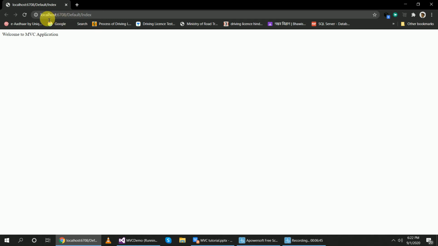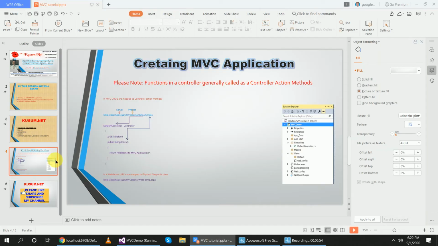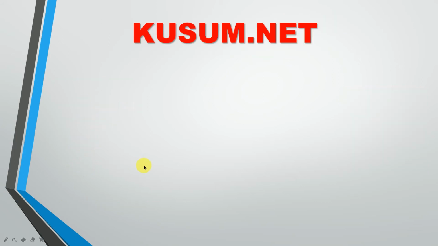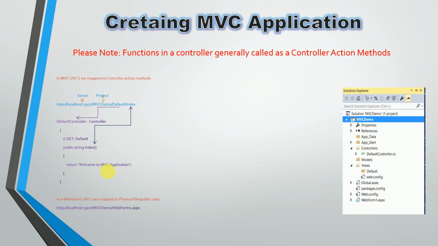Localhost 6708 is your server name, default is your controller name, and index is your method. This is my URL string, this is the server name, this is the controller, and this index method is here, and the response welcome to MVC application is there, right?